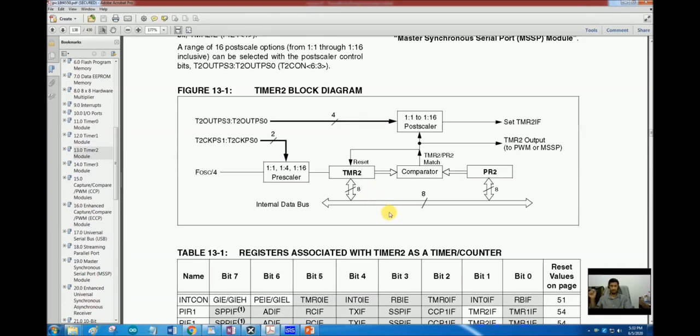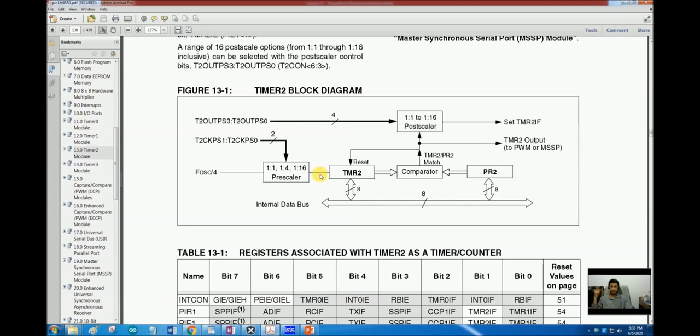For instance, we needed a delay of 100 microseconds. We had a clock of 4 megahertz. So 4 megahertz divided by 4 is 1 megahertz. So a 1 megahertz clock is reaching this prescaler input. We choose a prescaler of 1. So the clock comes out of this box without any deviation.